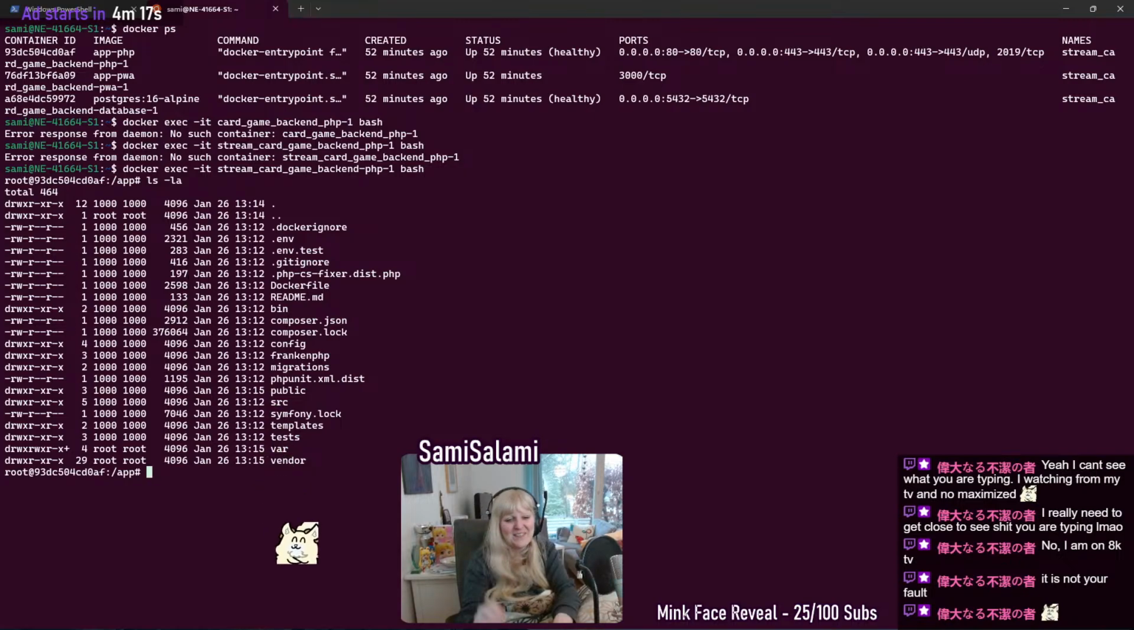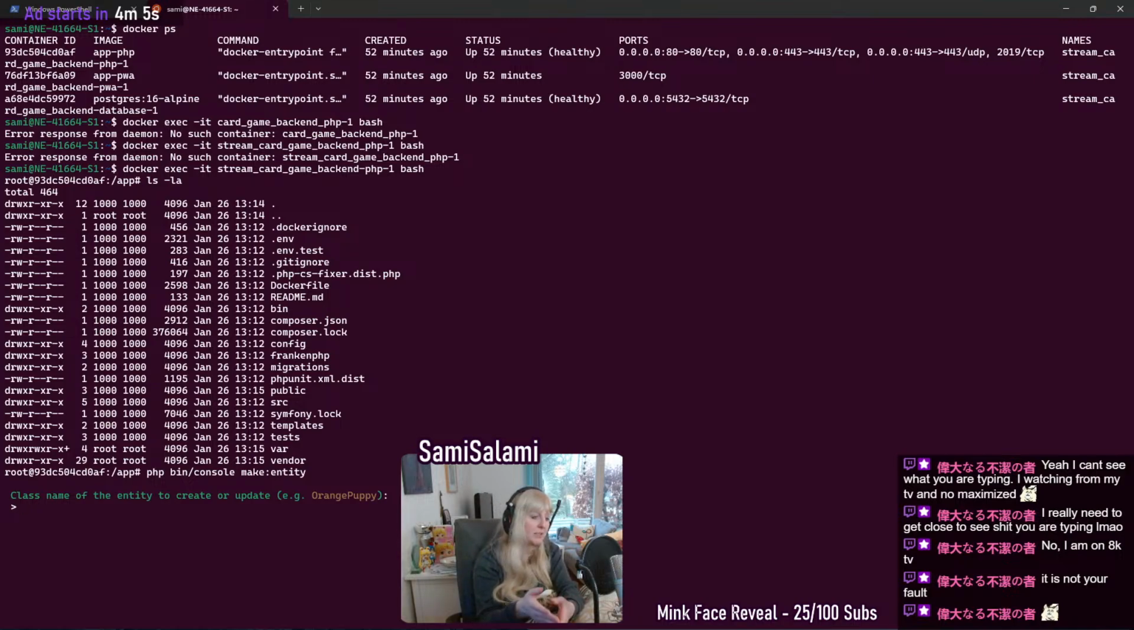Okay, and now we do it on the container because the container does have the bin console make entity, and yeah, here it now works because the container has the PHP, it has the server, and we're gonna create a new entity which we're just gonna call cart. And then